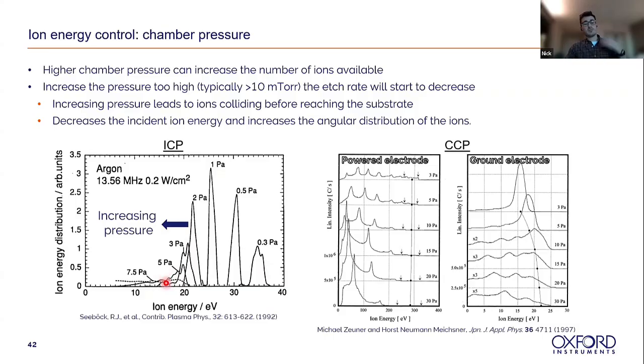This is because you're getting more collisions before your ions actually impact onto the material. So they're being scattered and losing their energy, and therefore less effective etching. We see this trend both for ICP plasmas and also CCP plasmas. At low pressure, around 3 Pascal, they have quite high ion energy. And then as they increase the pressure up to 30 Pascal, they see that the peak ion energy has decreased quite dramatically, both at the power